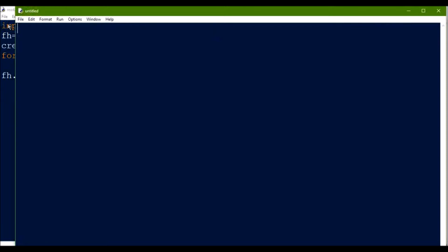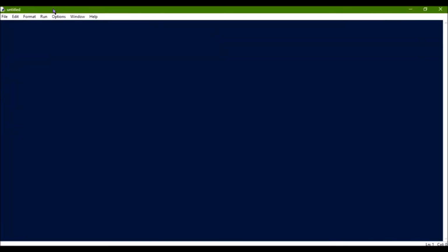Now we'll open a new file and we will import the CSV module.